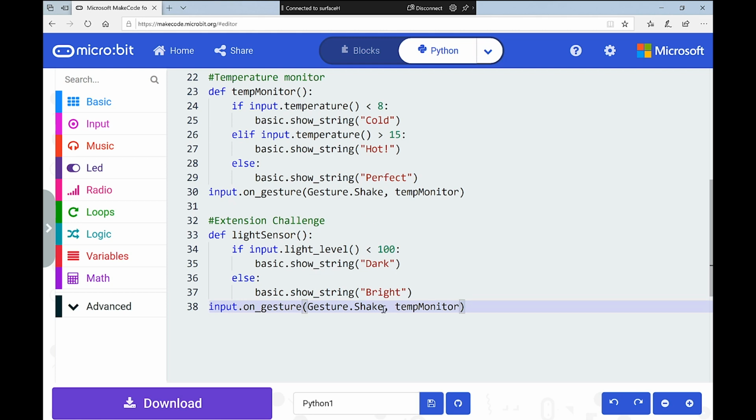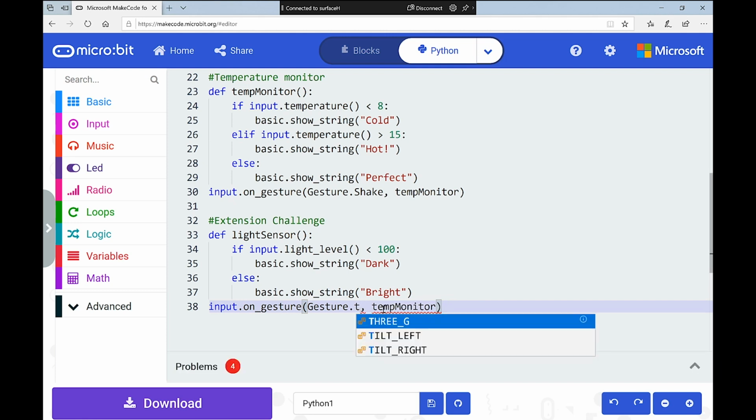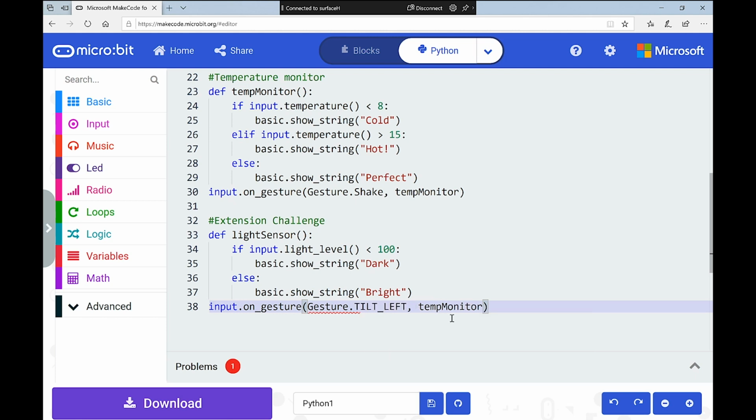So I'm going to click on shake, I'm going to backspace, and I might do a different gesture, a different movement. So maybe we go tilt left? Yeah. And again, here is where I call my function. My function name is here for me. It is light sensor. And there we go.